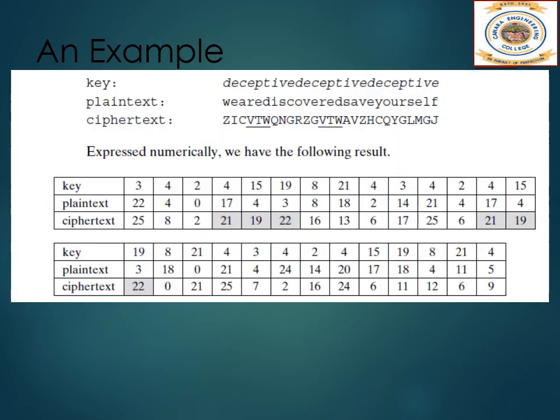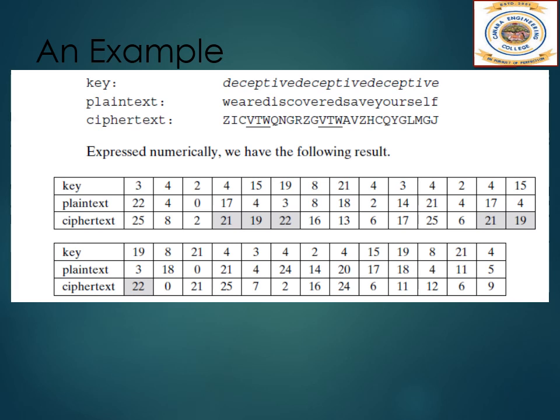The best known and one of the simplest polyalphabetic ciphers is the Vigenère cipher. In this scheme, the set of related monoalphabetic substitution rules consists of the 26 Caesar ciphers with shifts of 0 through 25. Each cipher is denoted by a key letter, which is the ciphertext letter that substitutes for the plain text letter A. Thus, a Caesar cipher with a shift of 3 is denoted by the key value D.